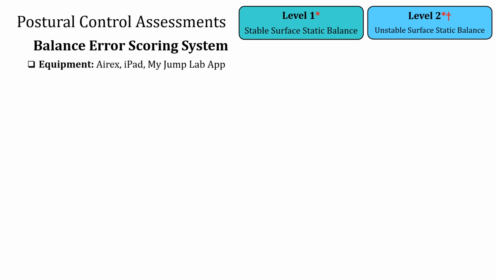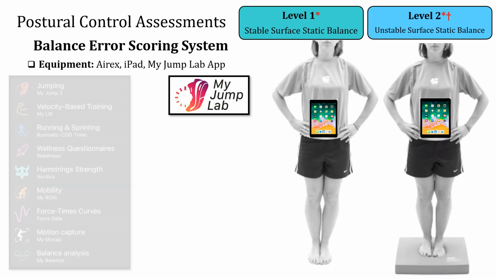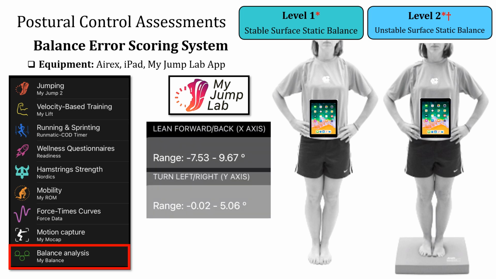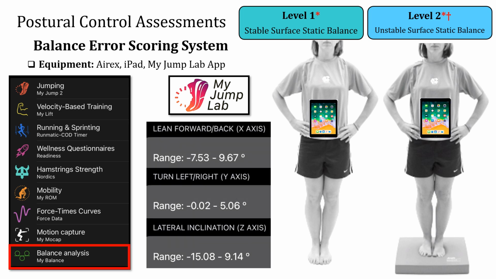Okay, a simple way to enhance the value of the balance error scoring system would be to incorporate modern technology using a mobile device and leveraging the gyroscope. One example would be My Jump Lab. You'd have the individual hold the mobile device or attach it to them with a belt or something of the like. My Jump Lab is one example of the apps that exist, and they do have a balance analysis, and you would have the individual hold it,